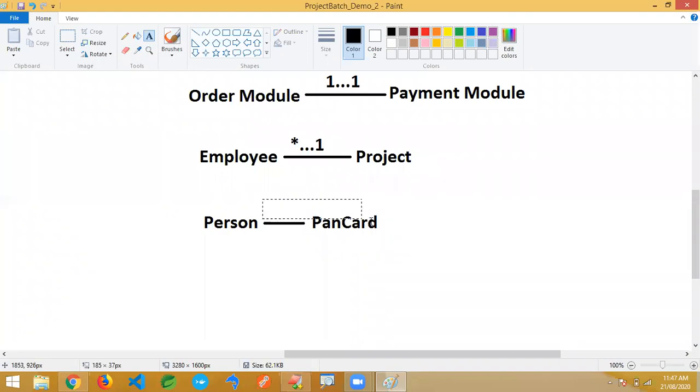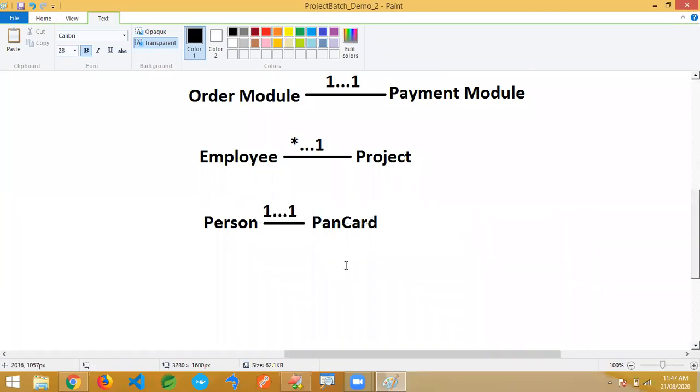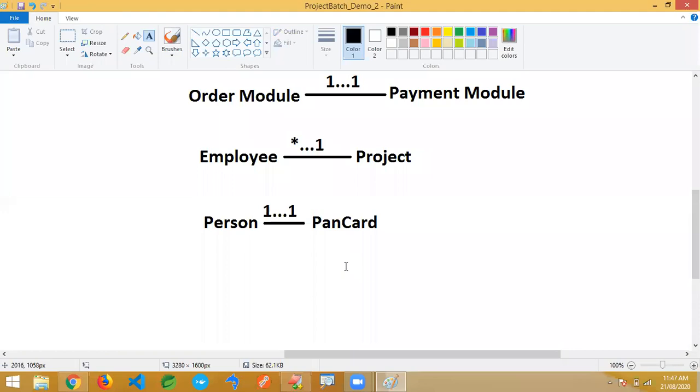The simple answer is that every person contains only one PAN card. Of course, if you contain a second one, you have done something wrong. So here it's one to one. One person, one PAN card.